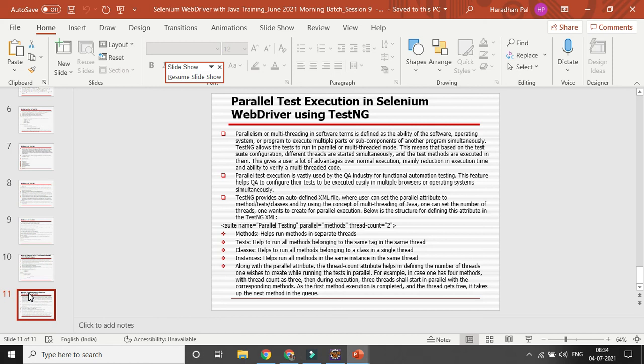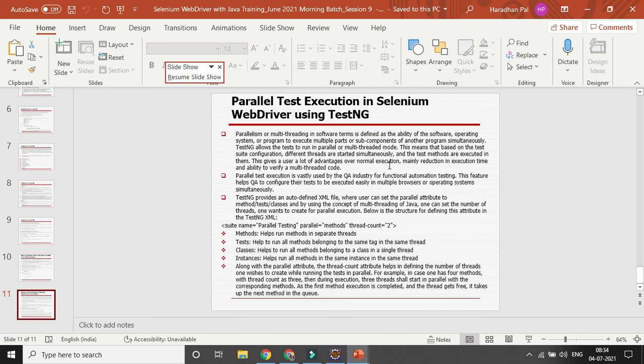Threads can run concurrently, right. So parallelism or multi-threading in software terms is defined as the ability of the software, operating system or program to execute multiple parts or subcomponents of another program simultaneously. So at the same time multiple components or multiple test cases can be run. TestNG allows tests to run in parallel or multi-threaded mode.